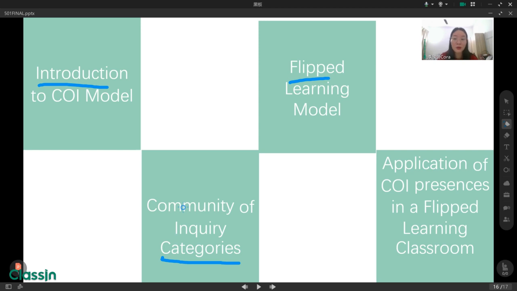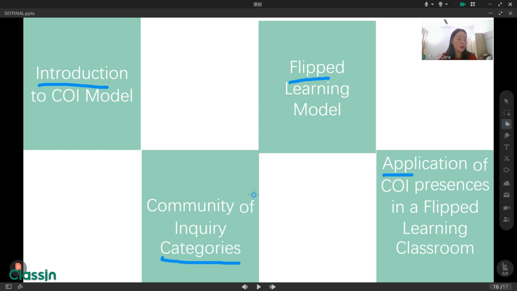After we go through these two, I mean COI and the flipped learning model, we come to the most important part of our course. That is the application of COI presence in a flipped learning classroom.